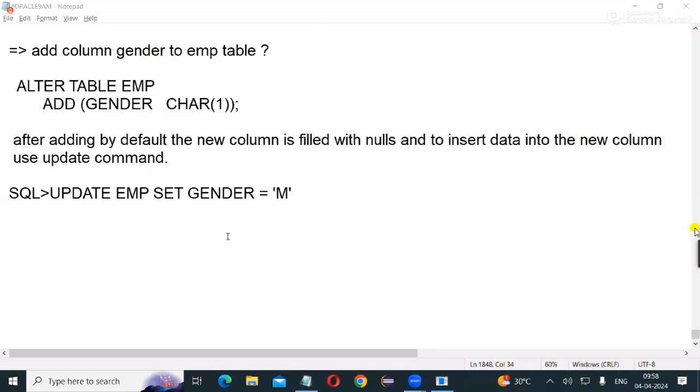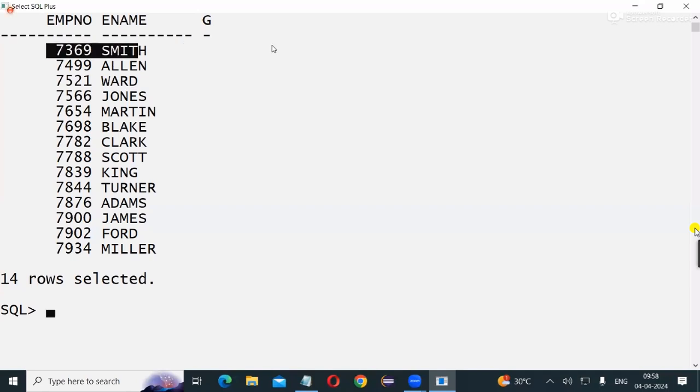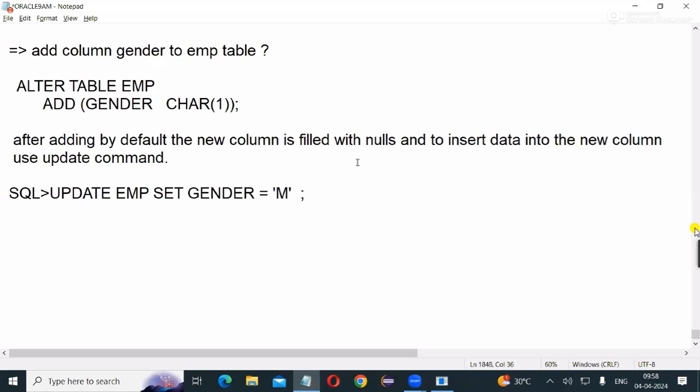Suppose if you run the command like this, what happens? All employee genders are updated with M. But I don't want all, only this one. Then where